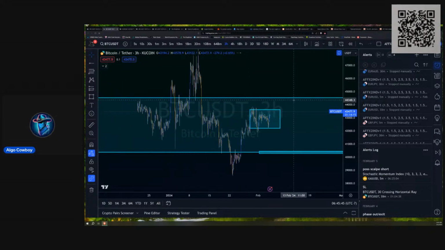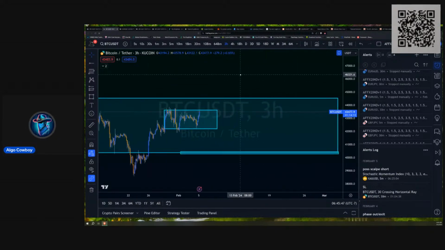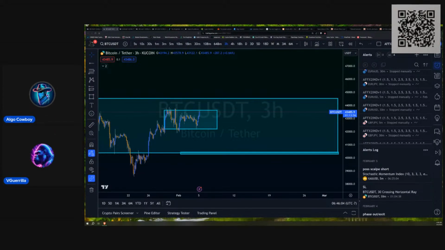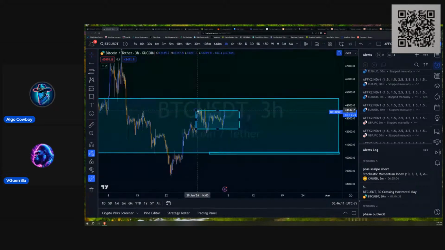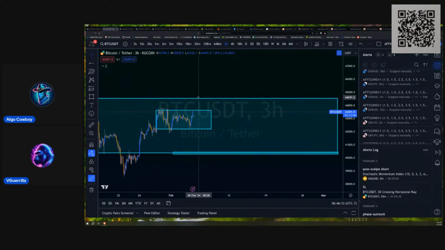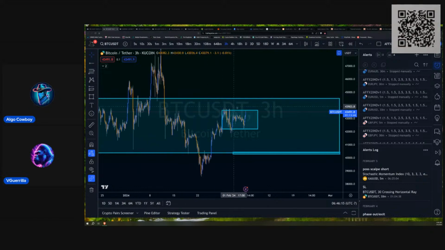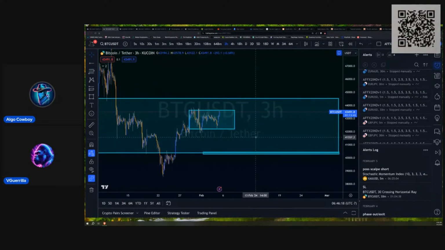But that, with Bitcoin and really with any asset, can change at any moment. It's just that right now the charts short term don't favor a move down, but in the higher time frame, there is a rejection that looks like it's coming. It doesn't mean it's going to come. It looks like it's coming, and so we've got to pay attention to that. And also we have this liquidity downside. So again, I wouldn't be terribly surprised, even if price does pop up here, to get rejected at the top of this range and then head back down. It's a very good possibility.